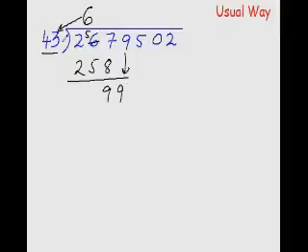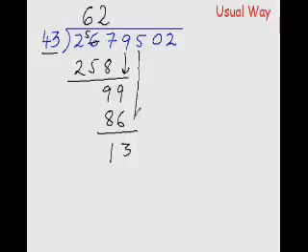Now once again the same story. 43 will go into 99 how many times? Either you can straight away say 2 times, or you can once again hide this digit and this digit here. So 4 2 times goes into 9. So I'll put 2 there. Now once again multiply this answer digit with the digits of the divisor. So 2 3 times is 6 and 2 4 times is 8. Now once again 9 minus 6 is 3, and 9 minus 8 is 1.